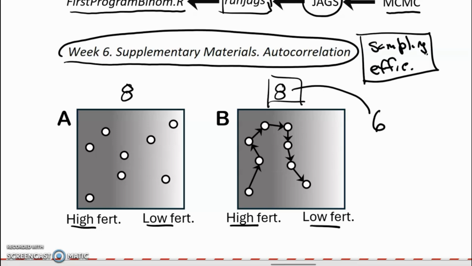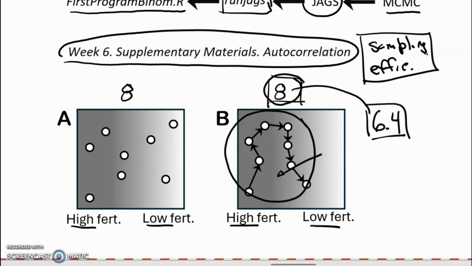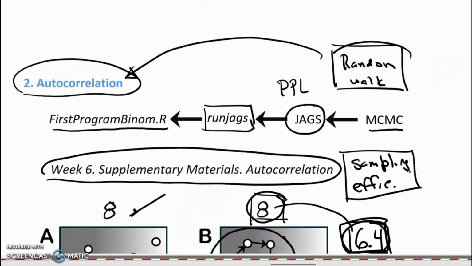I'm just going to make a number up. We might say that the amount of information contained in these 8 samples taken via a random walk, because of the reduction in sampling efficiency induced by that random walk, might be the equivalent, again, just making up a number, of 6.4 samples obtained through a fully randomized sampling design. So the whole idea is we go on a random walk that induces autocorrelation, and as a consequence